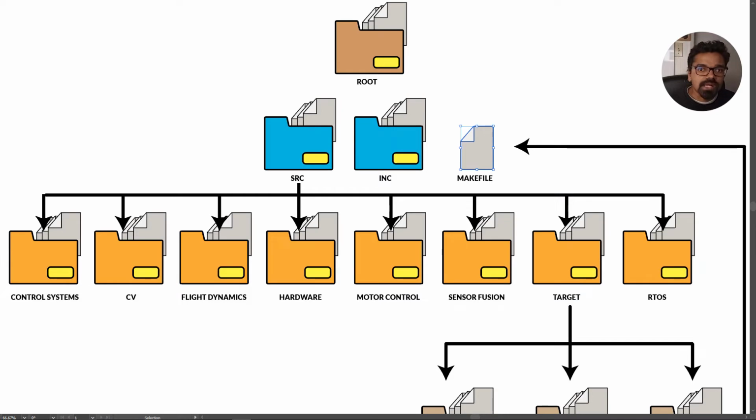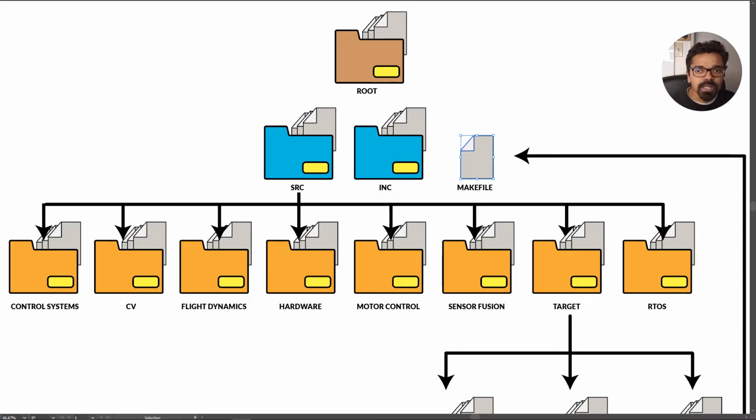Under your source directory, you would then have things like control systems and computer vision, because this is for a drone project. This is the way I've maintained my code, and this is how I've organized my folder structure. In your case, it might be different. But in this particular case, I'm putting in all the things where you want to spend most of your effort, basically: designing the control system algorithms. All that code would be in there, like the PID controller, lag compensator, optimal control theorem, or model predictive control, depending on what works well based on certain situations and certain parts of your